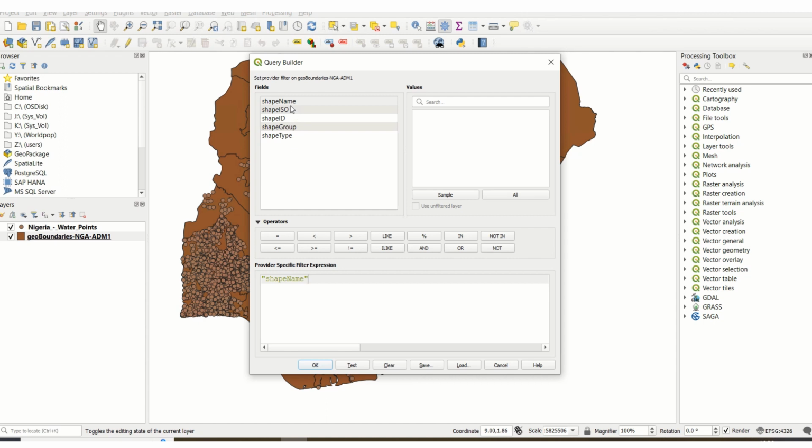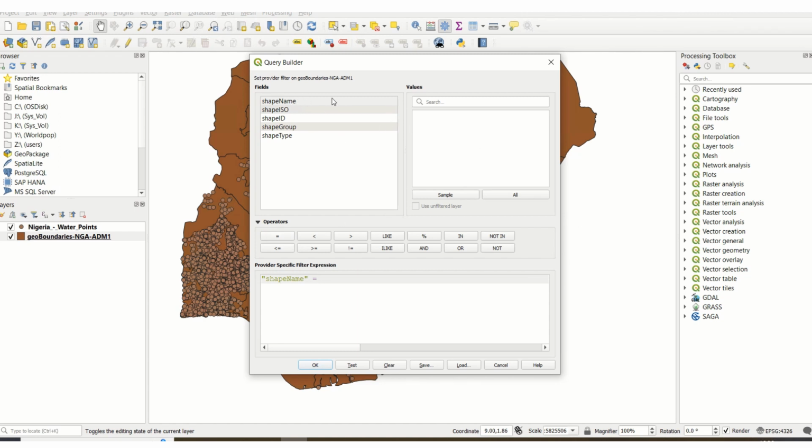When I double click on this, this is the filter expression here. It's been populated as you perform some functions here. So I can delete this. And what I'm trying to do is filter by shape name. Once I double click on this, it puts the shape name here. Then I can now say shape name. Remember, we're trying to create an expression. Shape name equals to